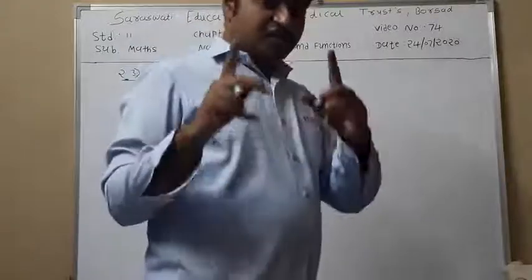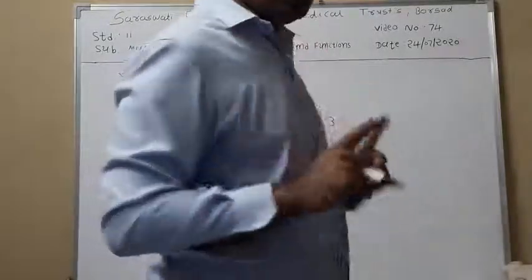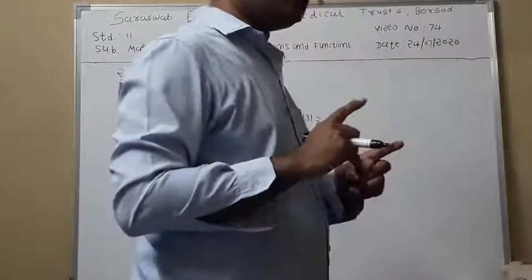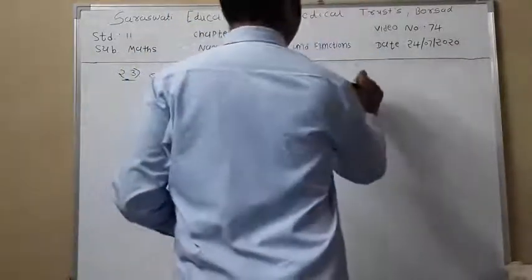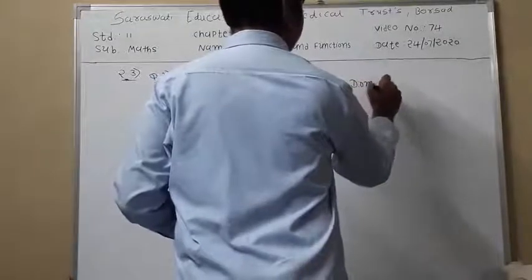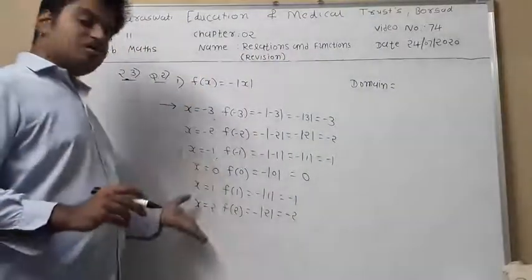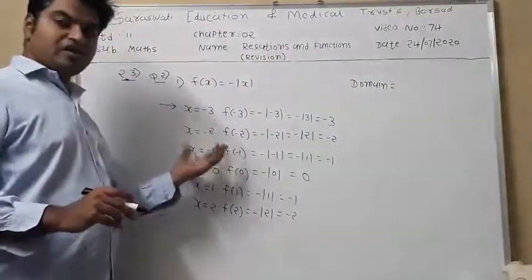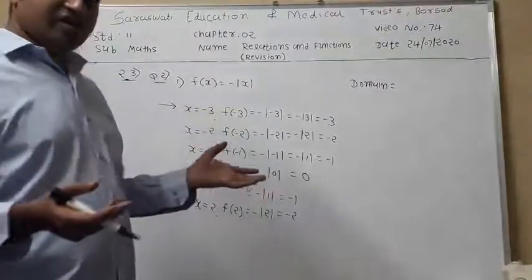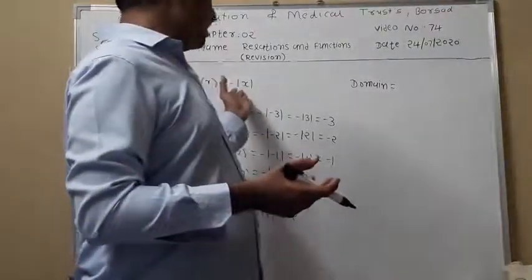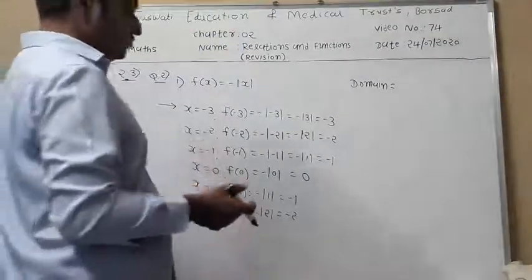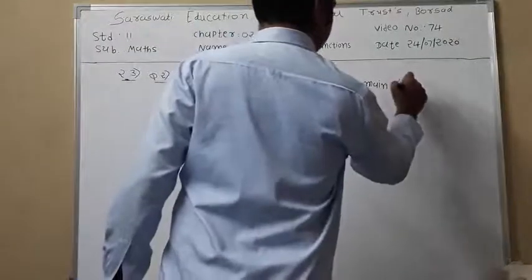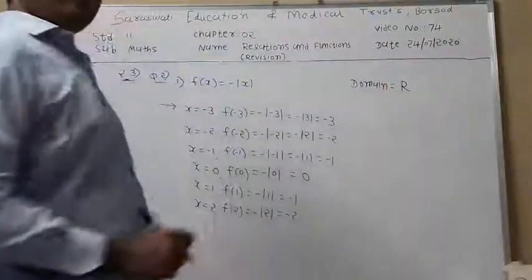Now once again, here we are talking about a real function. Real function means our answer is presented in interval form. So that's why our domain, right? Here we can substitute any number. Minus 3.5 we can write, 2.5 we can write. So here we can substitute any number, that's why our domain is like this. Any real number we can substitute. So our domain is R.